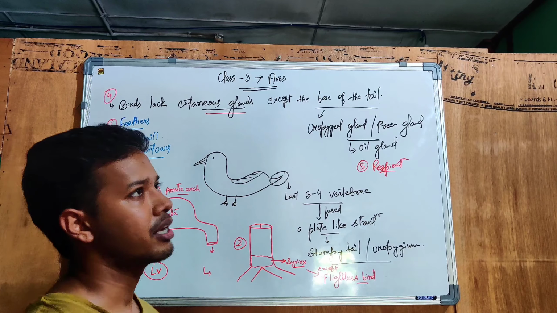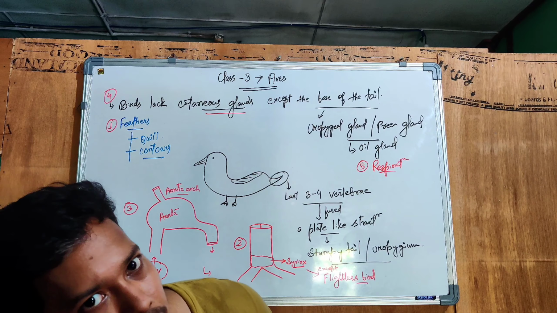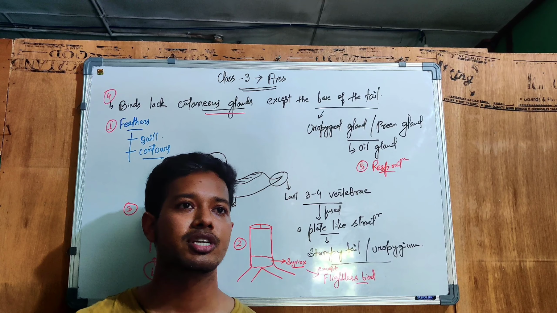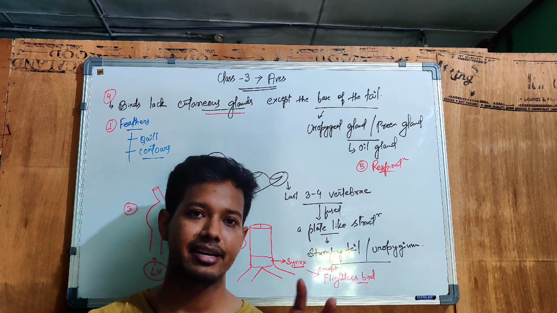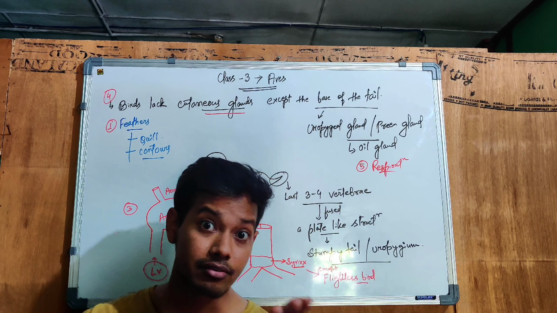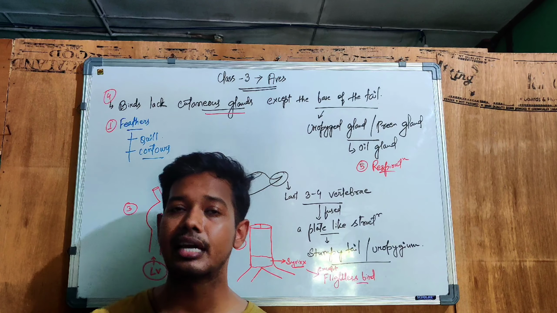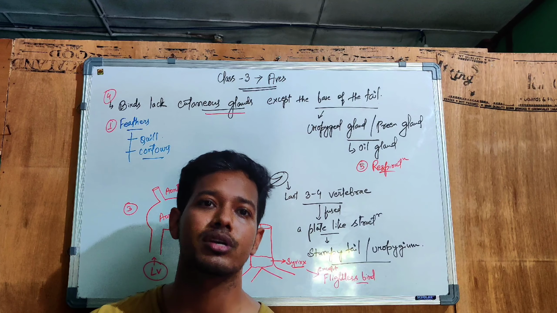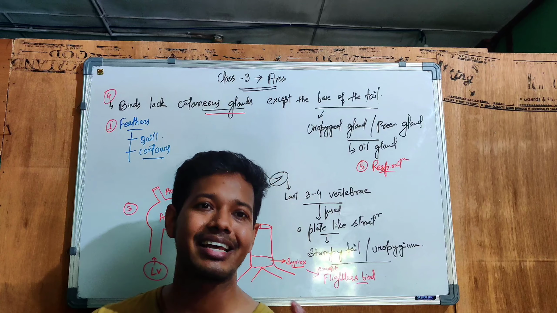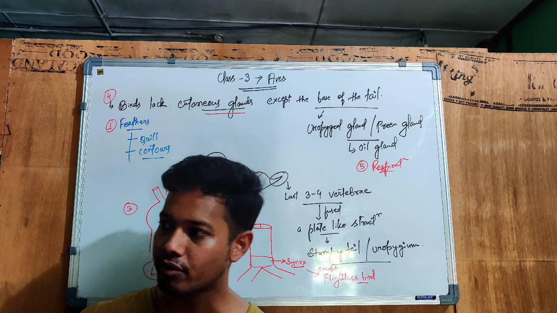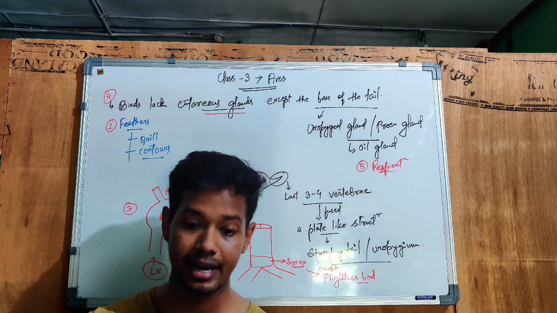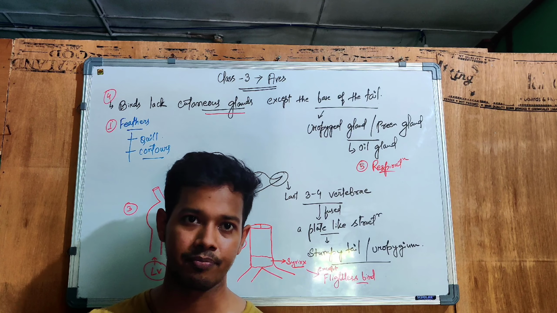Okay, so if we talk about their respiration, then in respiration what we will get is that respiration is pulmonary, and they have an air sac present, some kind of that, like in frog there is buccopharyngeal cavity. Just like that, they have an additional air storing chamber present within their body. So what that additional air sac is going to do, whenever they take flight, they fill some air in that air sac, and whenever they are taking flight, that air sac is going to provide buoyancy, as well as